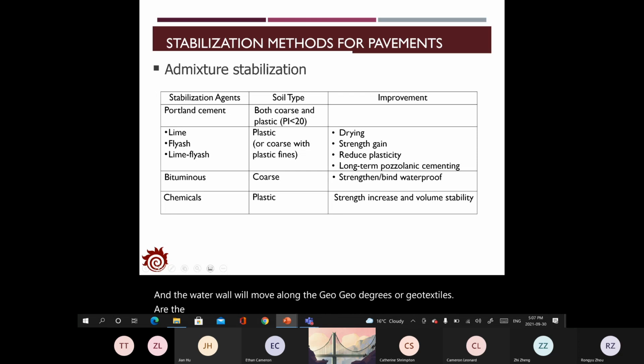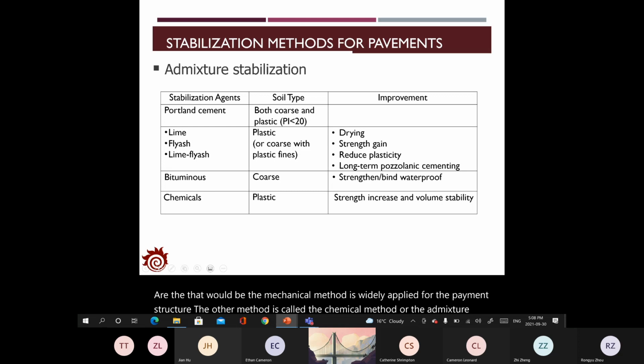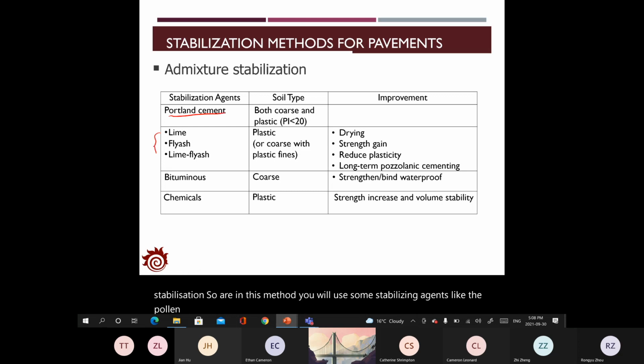That would be the mechanical method. It's widely applied for the pavement structure. The other method is called the chemical method, or the admixture stabilization. So in this method, we will use some stabilization agents like the Portland cement, lime fly ash, or the lime,